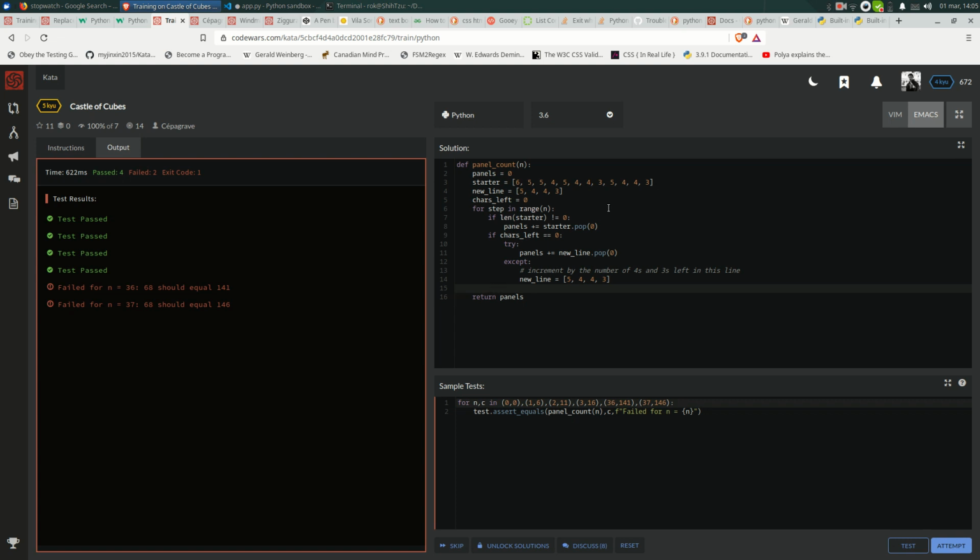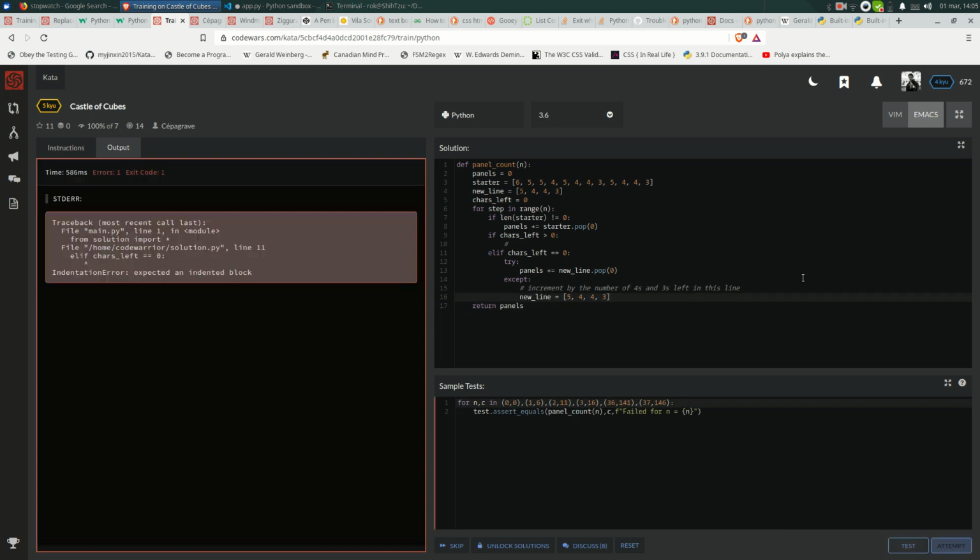So elif chars left equals to 0, we actually want to move that over here. And if charge left is more than 0, then we like another algorithm for 4s and 5s. And then else, something went wrong, we don't know what. Run for your lives. Expected an indented block. Okay, yeah. If charge left is more than 0,